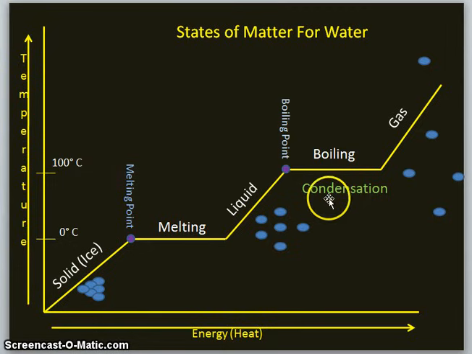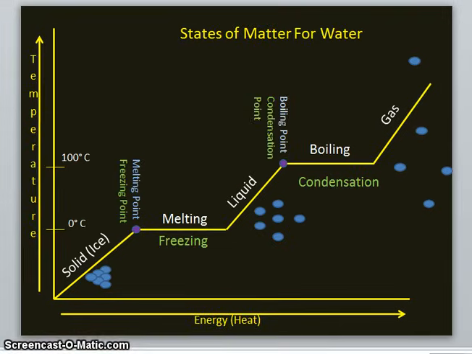This is called condensation. Now we're taking energy back away. Instead of going up the scale here, now we're taking energy back away, going back down the scale. So condensation, the opposite of boiling, is changing the gas back to liquid, and that temperature that happens is called the condensation point. As the material is a liquid, this liquid water, it loses more temperature as we take more